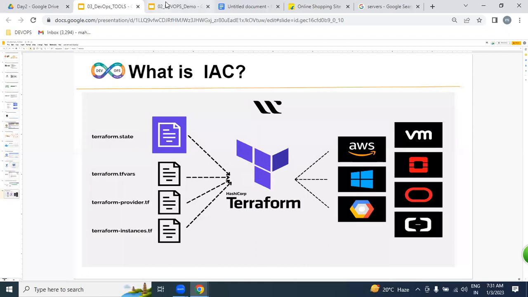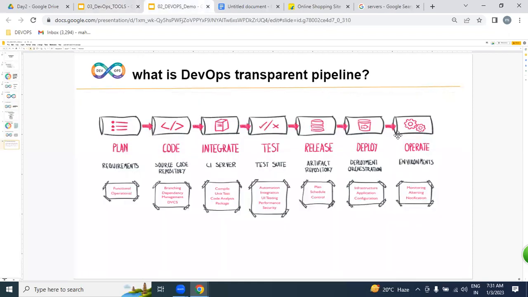So by using all these tools, we are going to be implementing our DevOps transparent and automated process from dev environment to production environment.